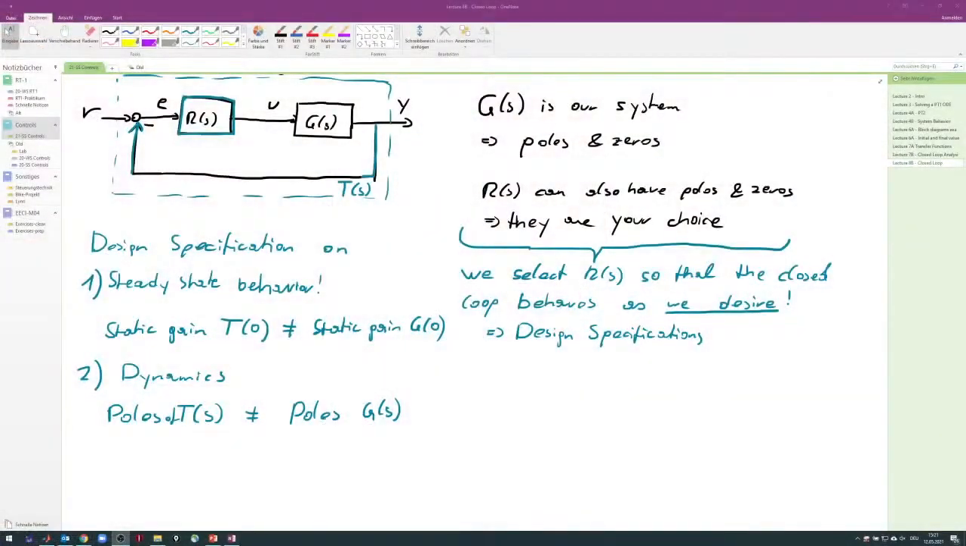So you have a system, you want to change that system. You want to change the steady state behavior. You want to change the dynamics. You want to change the steady state behavior, for example, of the complementary sensitivity function T. You want to change the steady state behavior of your disturbance sensitivity. Maybe you want to change the initial value of your control sensitivity. So these are all design specifications you have, right? So the question remains